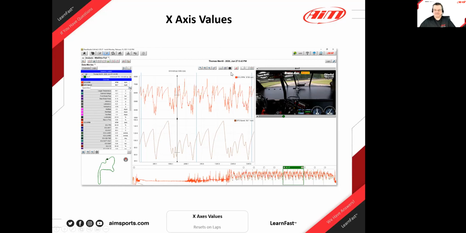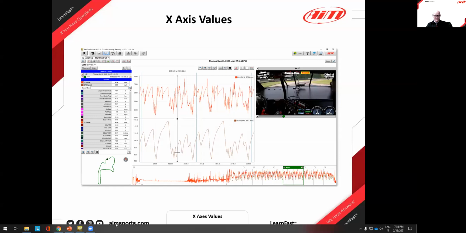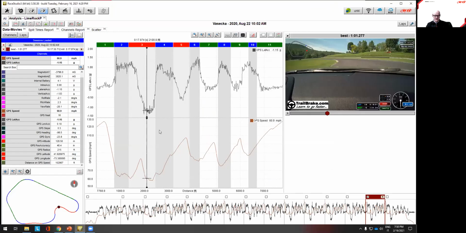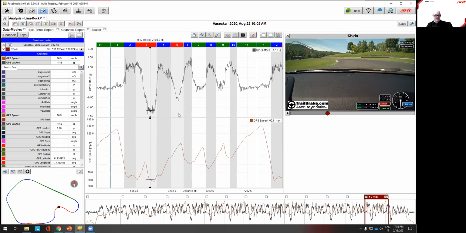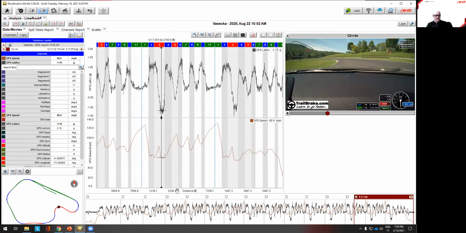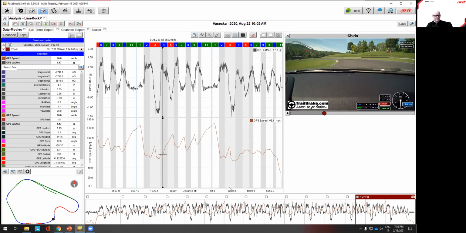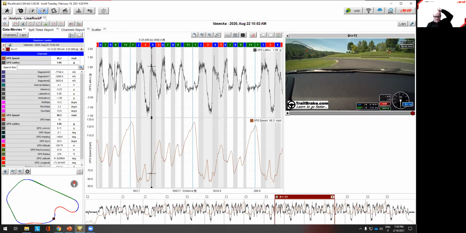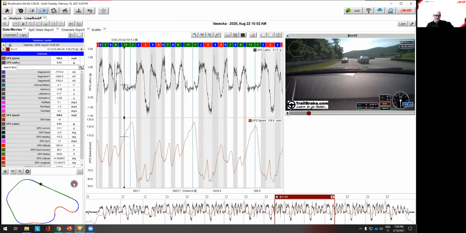Let me introduce this. I think it's an answer to what people asked for. So let me, for example, show here more than one lap, maybe two laps. If I'm dragging, let me drag the laps right inside here. You can see here that the cursor is always tied to the lap time. So if I'm here